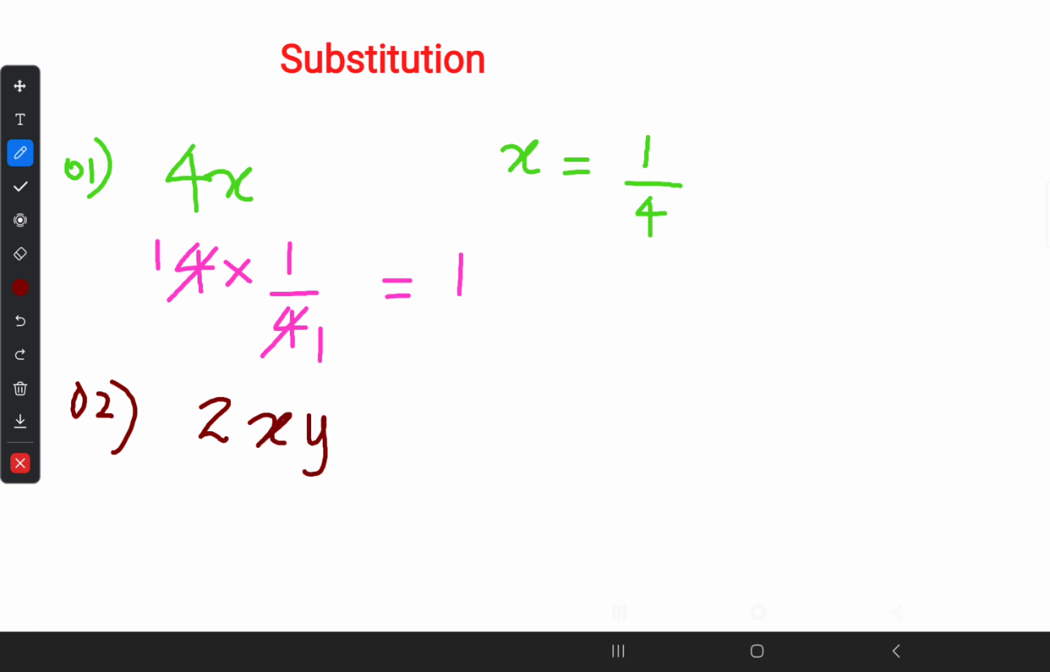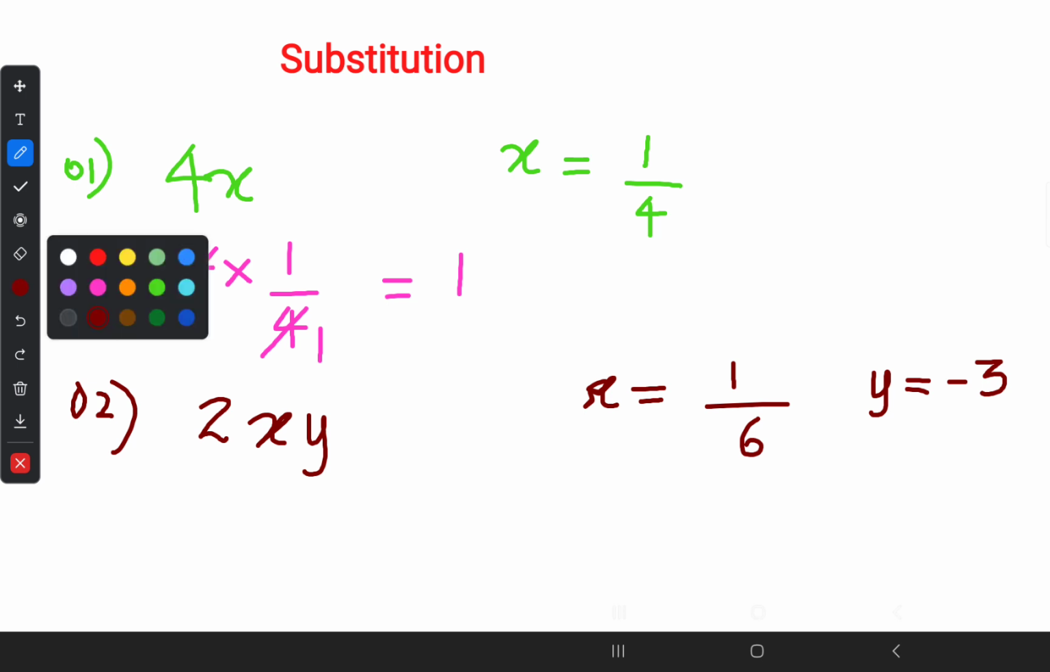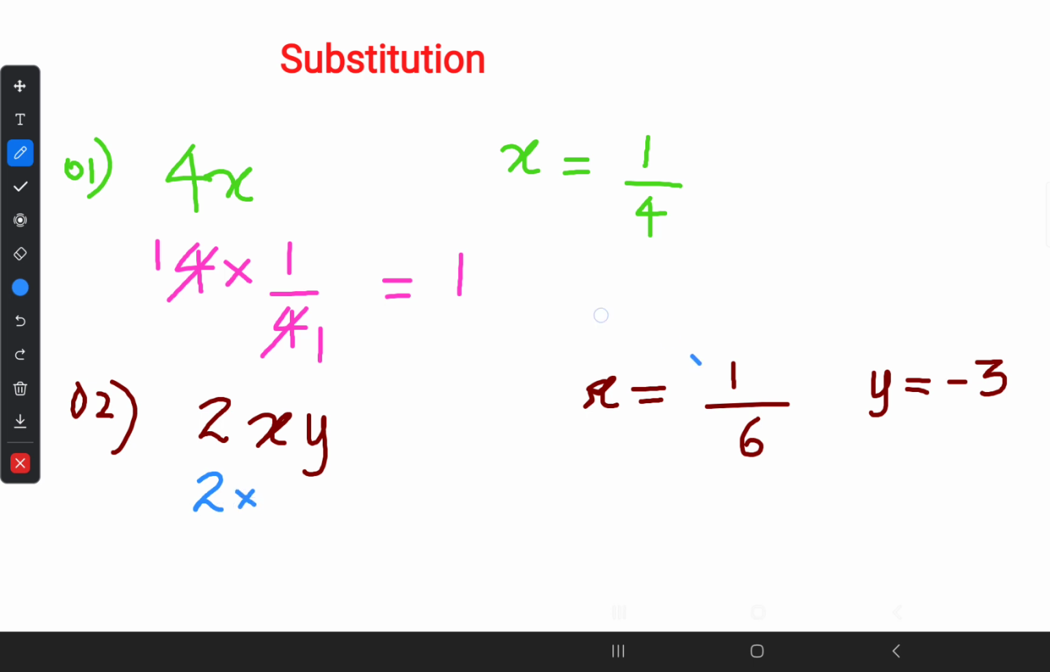2xy. Here x is 1 upon 6 and y is negative 3. Okay, 2xy, this is the one we need to substitute. So first of all, x should be substituted by 1 upon 6. Then y should be substituted by negative 3. Okay. So here, if it's difficult for you to substitute directly, first of all,